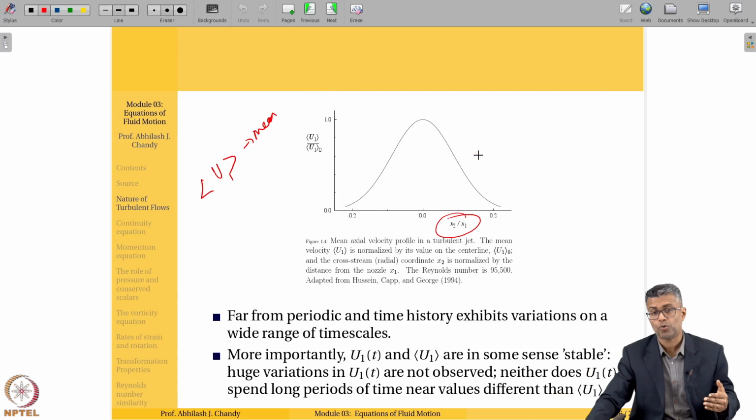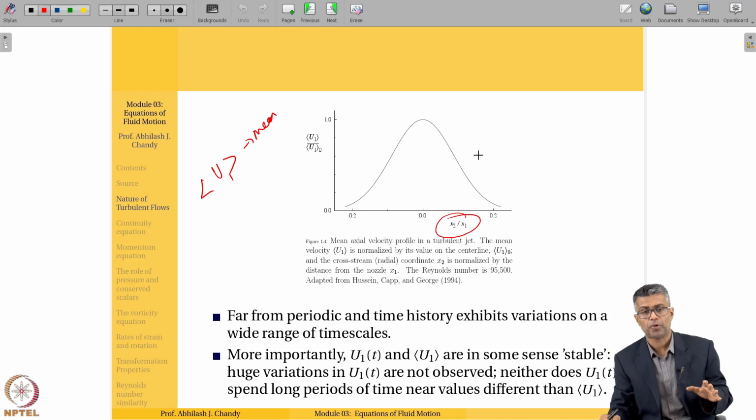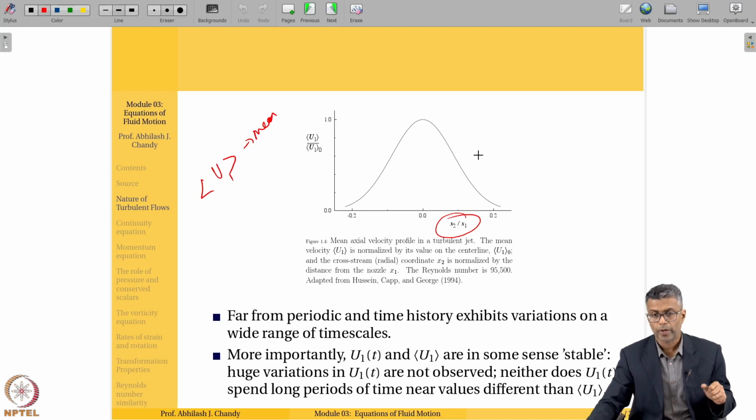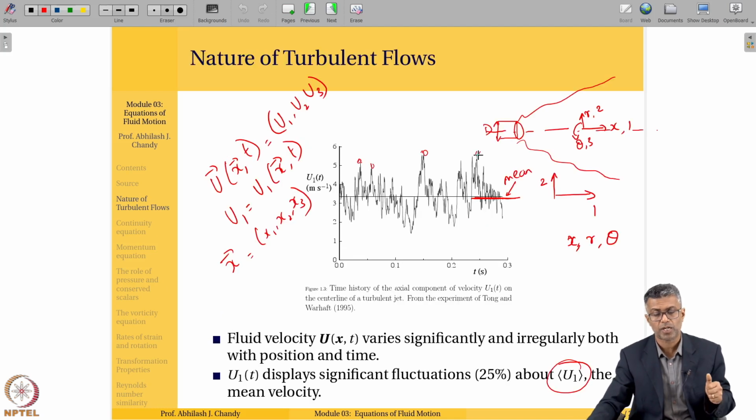The mean of U1 is definitely stable because it seems very smooth, no irregularity, right? So we don't see huge variations in U1 of t, the instantaneous, and so we are saying it is stable. And U1 mean is also definitely stable because it has a smooth behavior. Another couple of points I want to point out with regard to the instantaneous velocity,